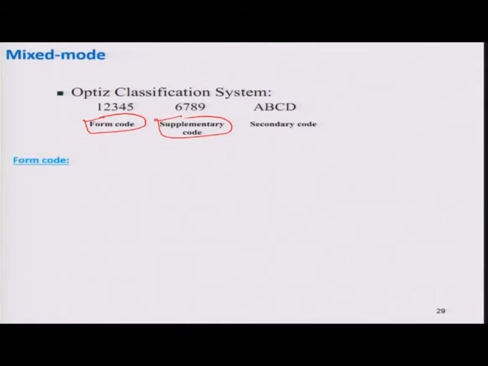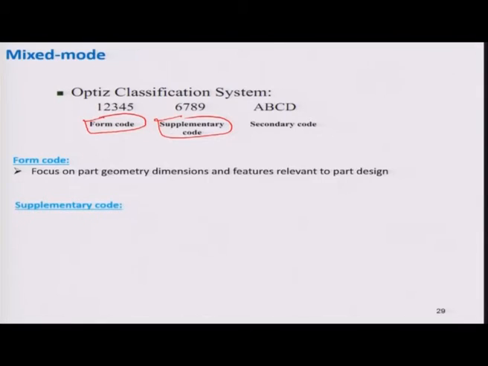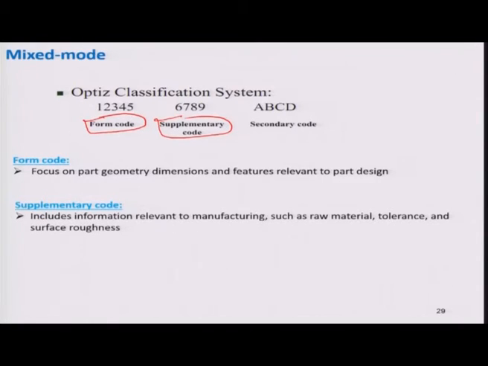Okay, what is the form code? It focuses on part geometry, dimensions, and features relevant to part design. And the supplementary code includes information relevant to manufacturing, such as raw material, tolerance, and surface roughness. For example, it is signified by 6 7 8 9.